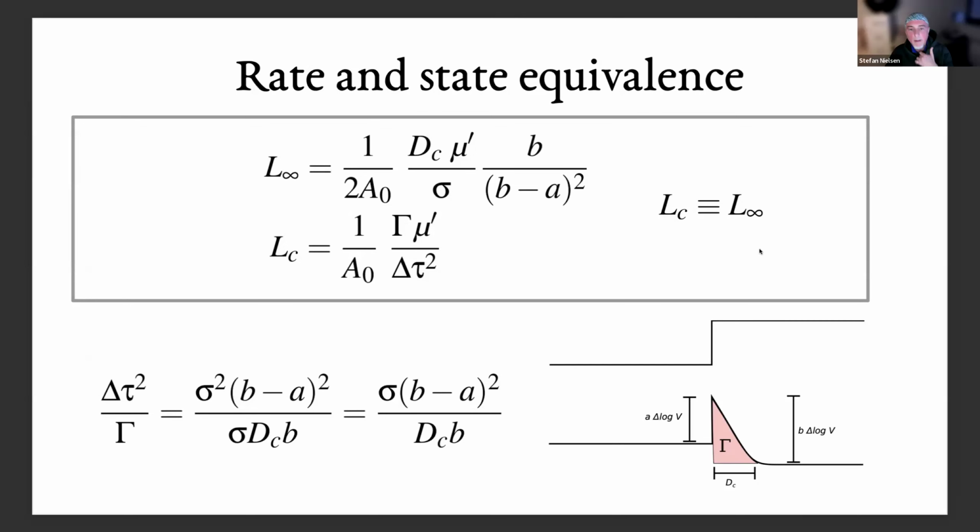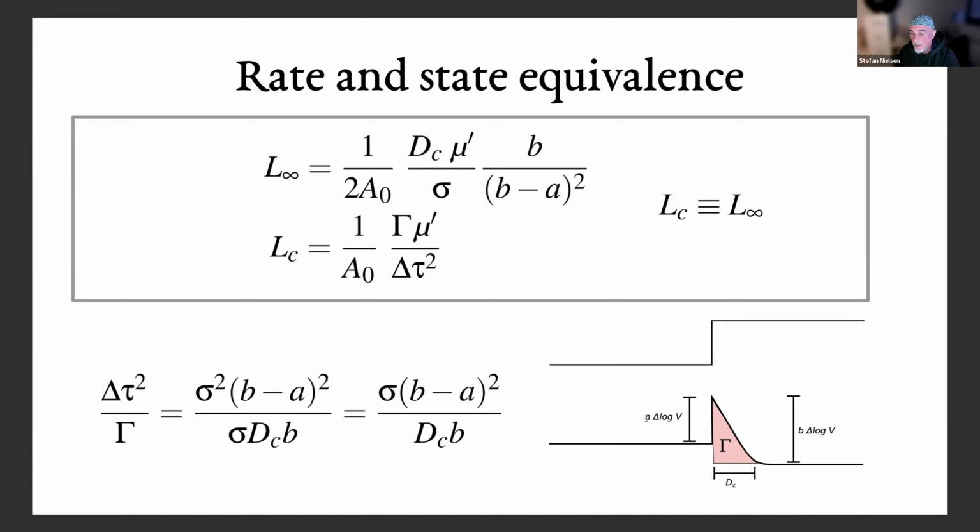So the point here was that I believe that both lengths, like the critical crack by Griffith or L infinity in this case, which is the rate and state equivalent for propagation or rupture, in my opinion, are equivalent. And I think this has been shown also by Rubin and Ampuero, where you look at the friction curve after a velocity step. And in case the step is big enough and you're far from the steady state, which you imagine would be the case for propagating rupture, then the friction decay is almost linear, and the stress drop would be proportional to